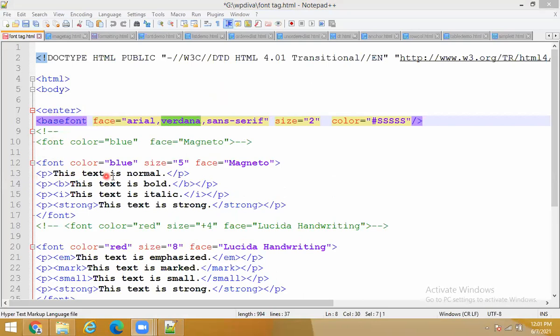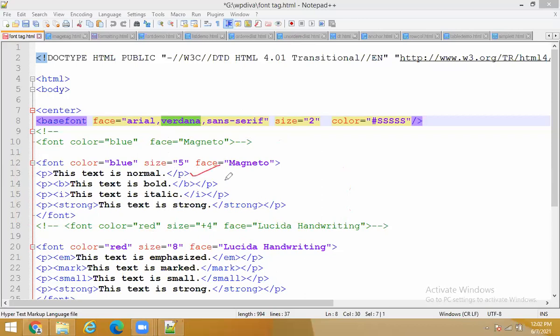Now see here, this is your program of formatting tags. All the code is of formatting tags only. So see here, this is normal text, B, I, close I, strong, close the strong tag, close the font tag. Here I'm opening a font tag, using some fonts for this paragraph only.